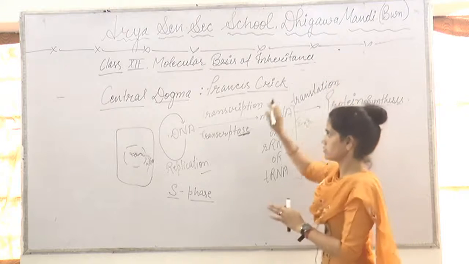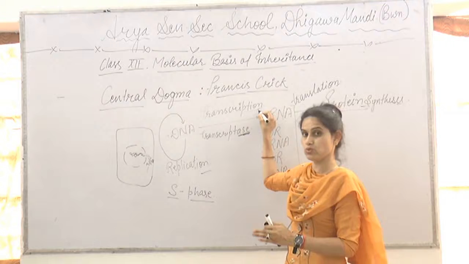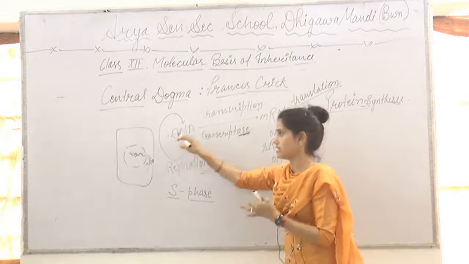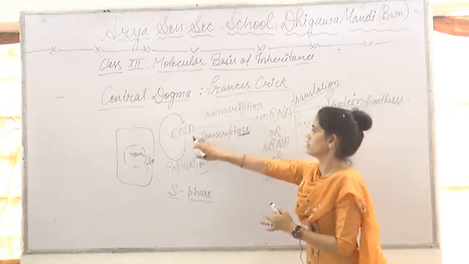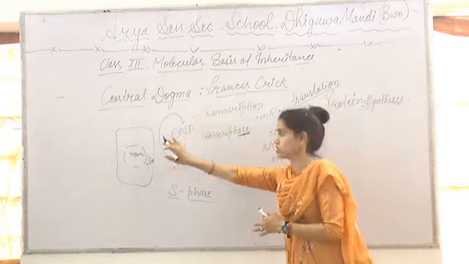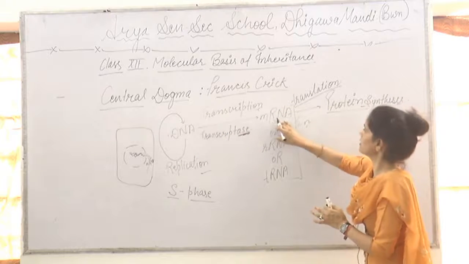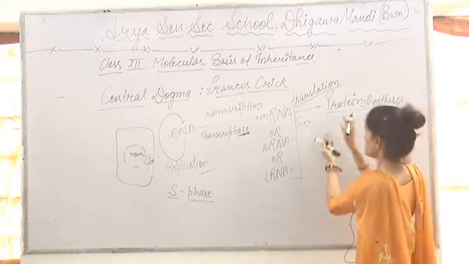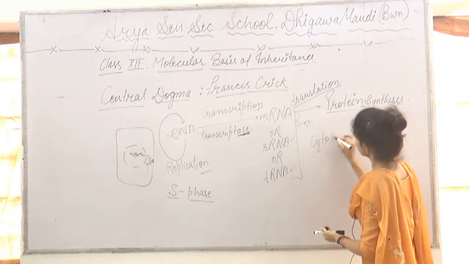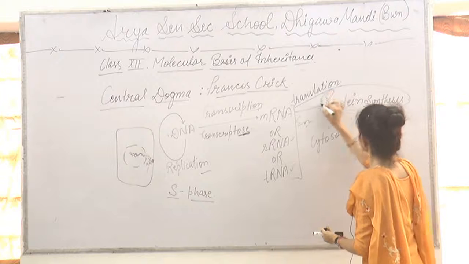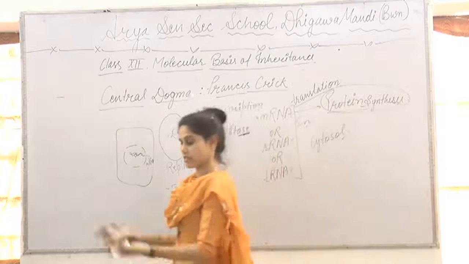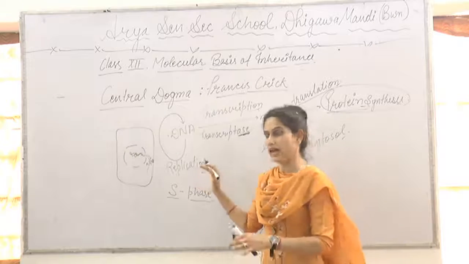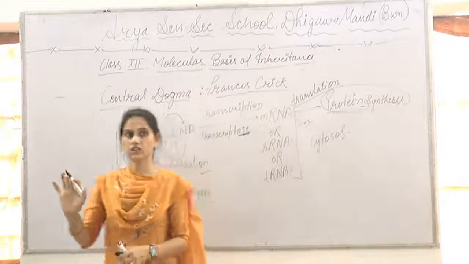And remember this thing: transcription happens in the nucleoplasm. It is the conversion of DNA into mRNA and it takes place in the nucleus, in the nucleoplasm, and mRNA converts into protein with the help of rRNA and tRNA, and it happens in the cytosol. This is protein synthesis, and after protein synthesis the cell again shows growth, and after growth it is ready to divide, and this is known as central dogma.